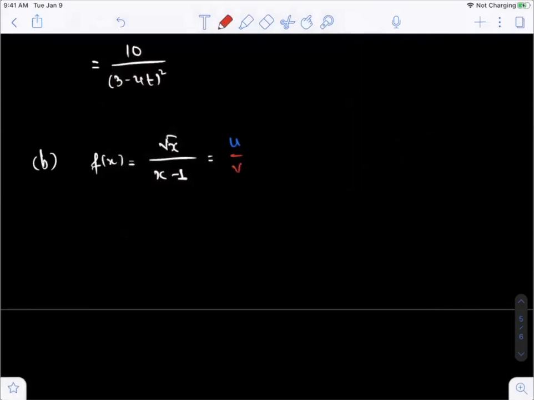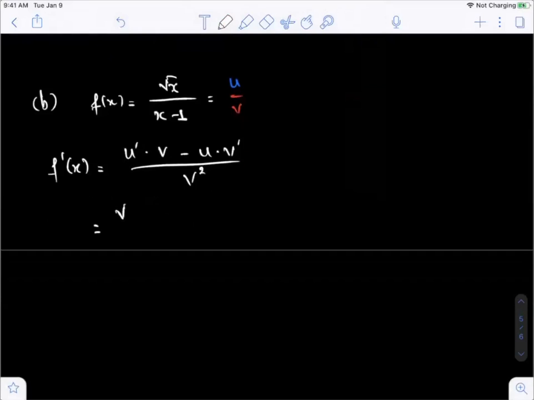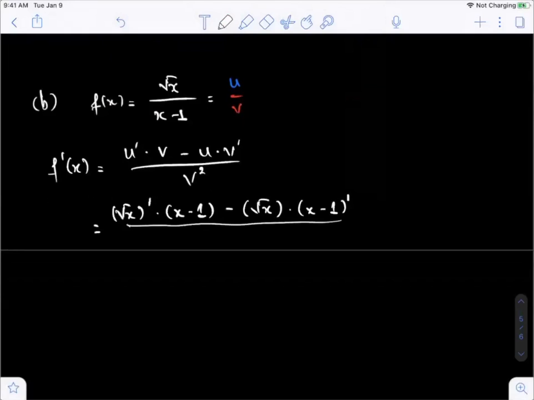So u is equal to square root of x and v is equal to x minus 1. f prime is u prime times v minus u times v prime, all divided by v squared. This gives me square root of x prime times v, which is x minus 1, minus u, which is square root of x, times v prime, which is x minus 1 prime,